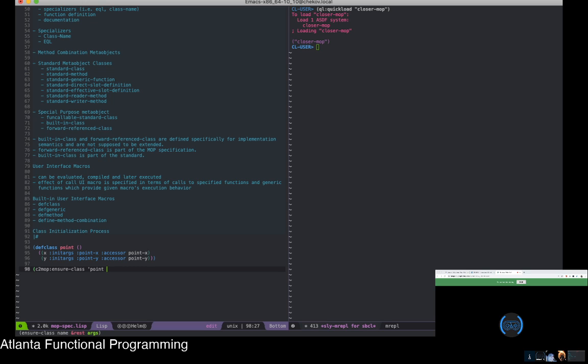So what would happen here in this case, according to what the documentation says, is for our direct superclasses, I don't believe we need to do this, but I'll do this anyway. We pass in, I think it's going to be called standard object and then T, but I'm not sure if we need to do this ourselves or behind the scenes it will be done. And then in direct slots, according to the macro expansion provided in the book, what happens with this point class is it will create a list of lists where